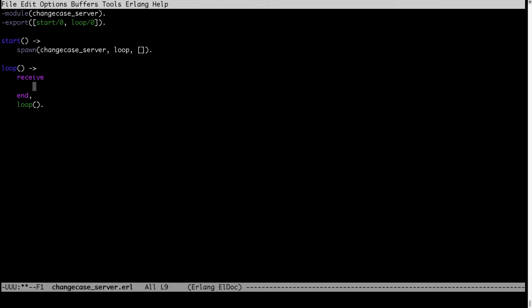Okay, so let's implement this pattern matching inside. First, I get the sender of the message, in this case the client. So this is the reference to the sender. And the second argument is the message which was sent. So I want to say that for every message I receive, which will have the form of some string and the literal atom uppercase, I want to do something like